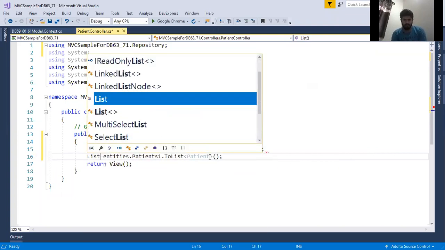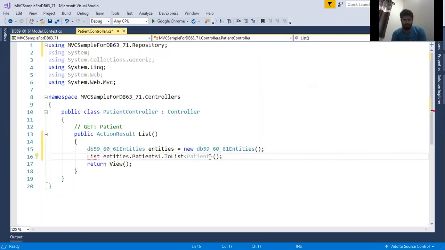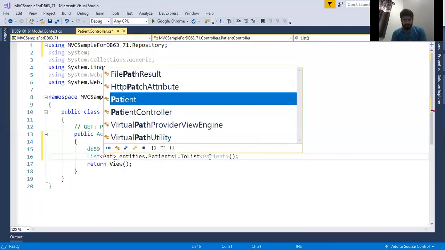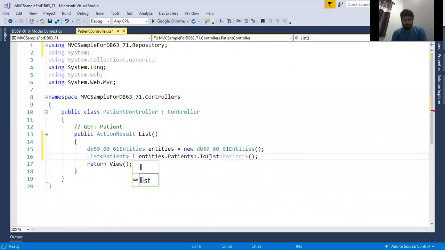Now I create a list of patient over here. I just say list, or maybe I can say list of patients. List patient can be better because already it is a list.